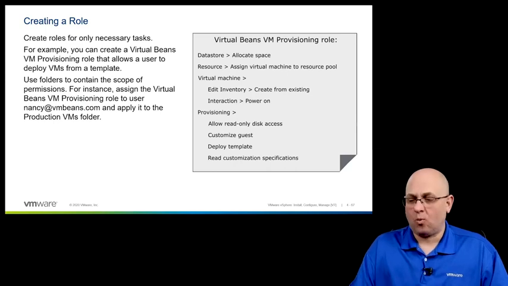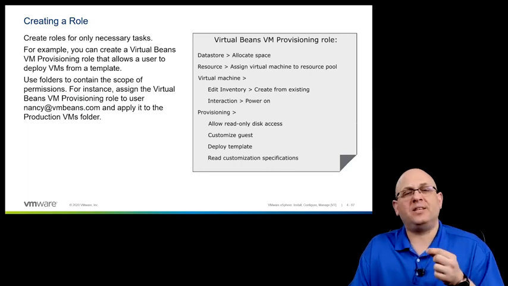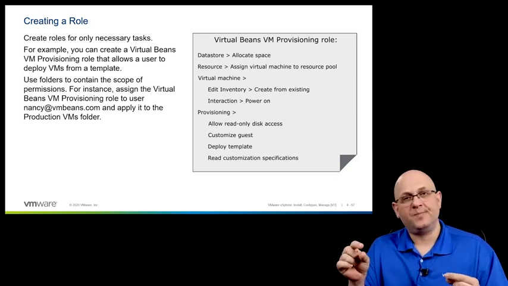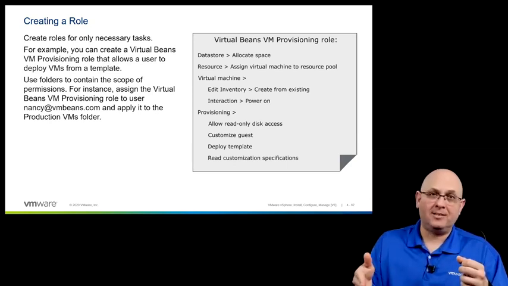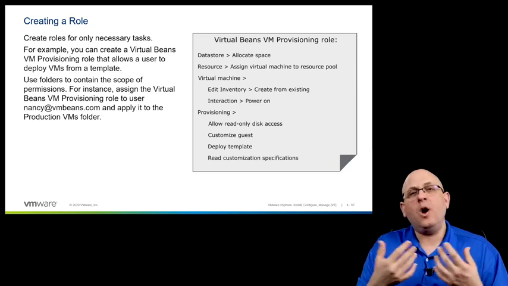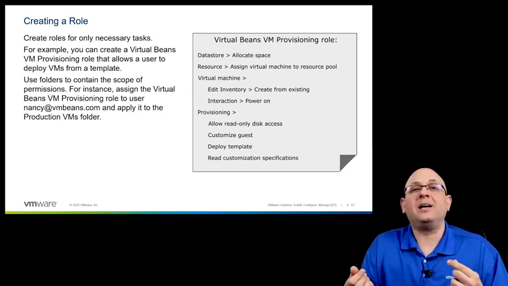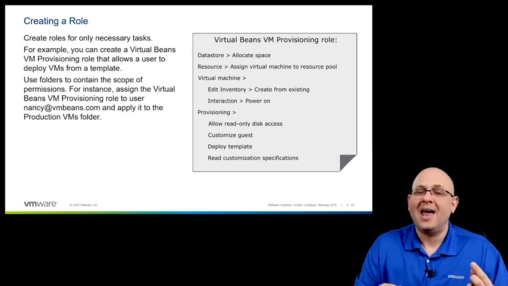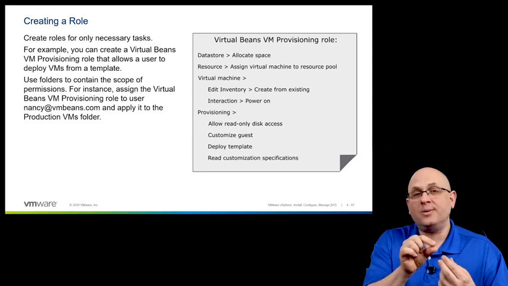So when it comes to creating a role, you'll notice that I mentioned a couple of things before. There are 2 inventory objects that appear in all 4 of those views. It's the vCenter itself and it's the data center. Anything else only appears within a particular view. So if you wanted to create a role for a permission for a user on, for example, a specific cluster, and you wanted a user to be able to create virtual machines on a specific cluster, and that cluster is obviously below the data center, not only would you have to establish the permission in the hosts and clusters view